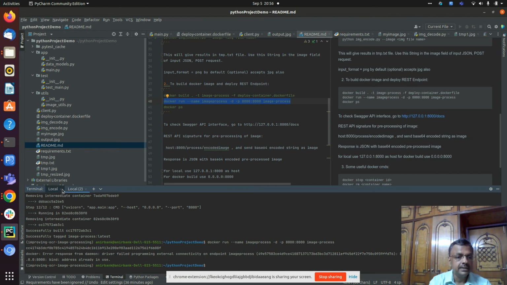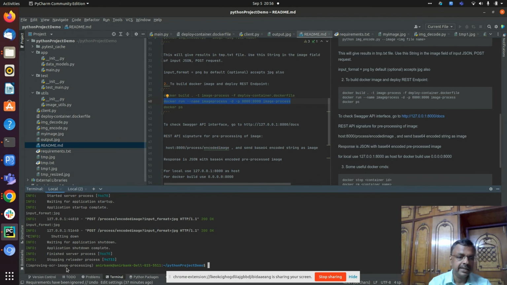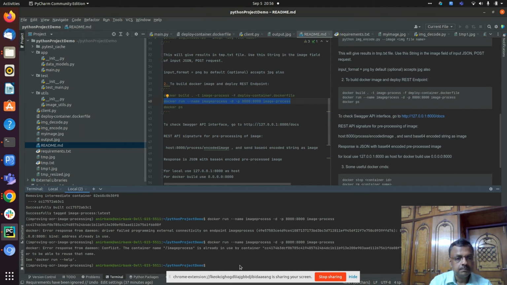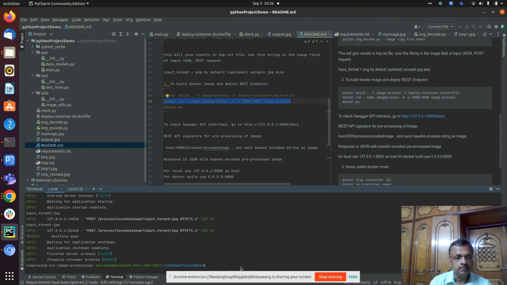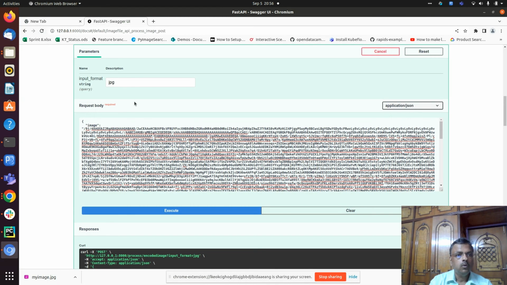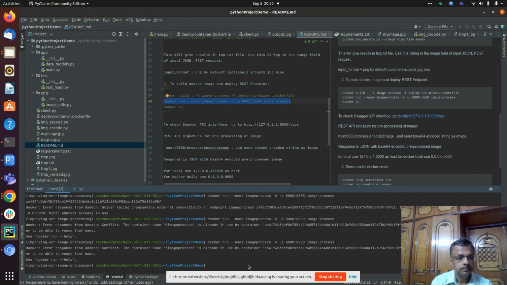Okay, it's saying this is already in use, because that's true. Look, I'm already running this, so I need to stop this server here. Docker is not getting the port because it's already in use. Okay, still giving the same. Should not. Okay,